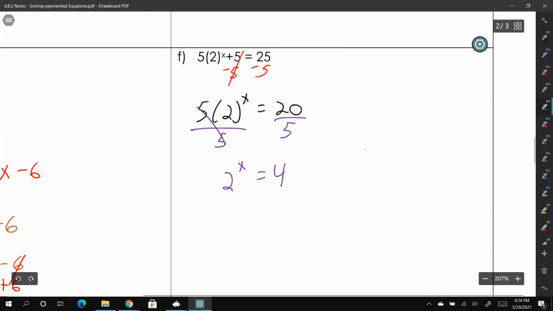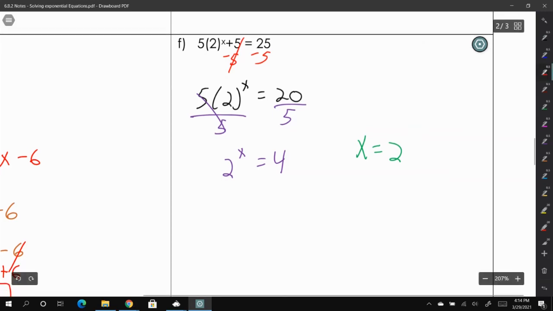If you can do that, then you're good to go. You don't need to do anything more. You don't need to go any further. You can just say, oh, I know x is equal to 2. But if you don't, you could still do